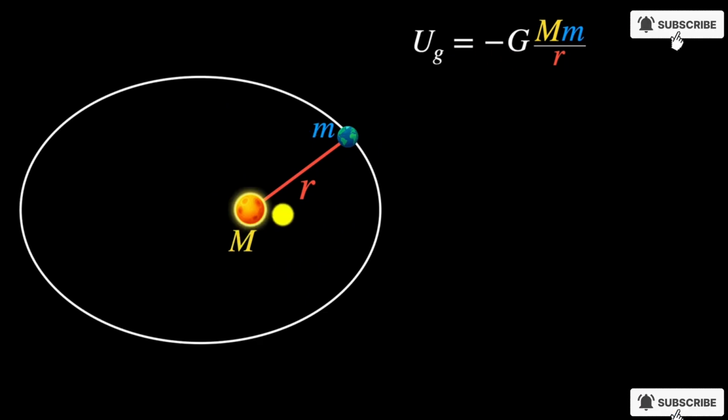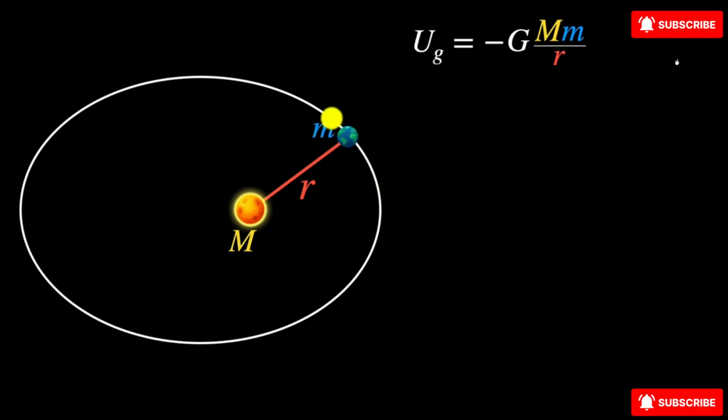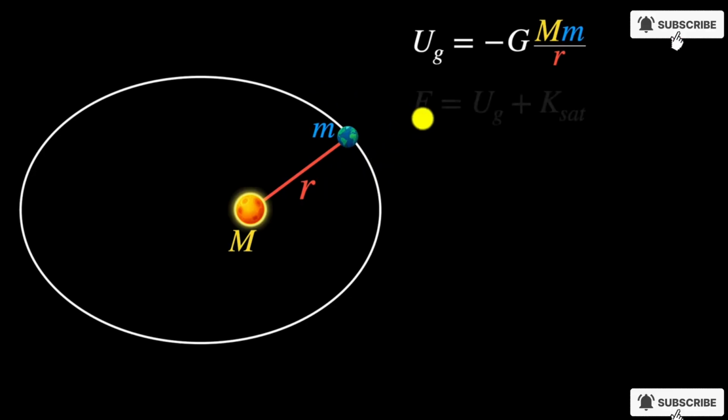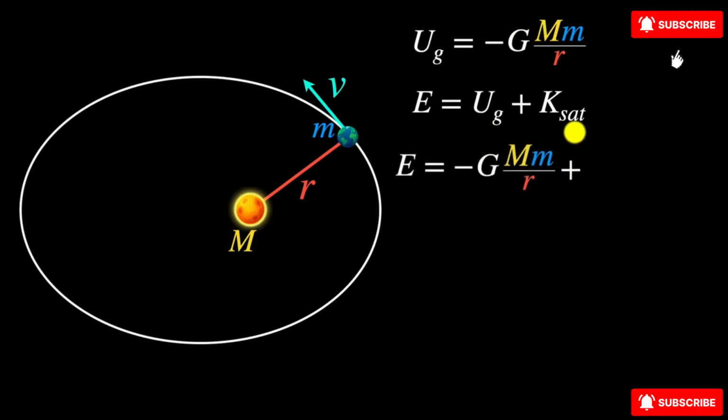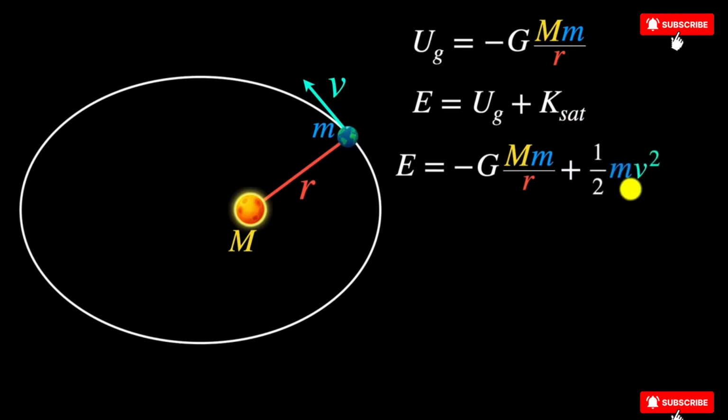Okay, what else? Well, there's kinetic energy now. In this particular case, we're assuming that the star is at rest, and it's the planet that's moving. So all the kinetic energy is in the orbiting object. So it'll be the kinetic energy of the planet, or the kinetic energy of the satellite. So the total energy is going to be the sum of these two. Right, okay. So what would that be? Well, if the speed of that satellite or the planet is v, then we can say the total energy becomes the potential energy plus the kinetic energy of that satellite or the planet, which is just half mv squared.